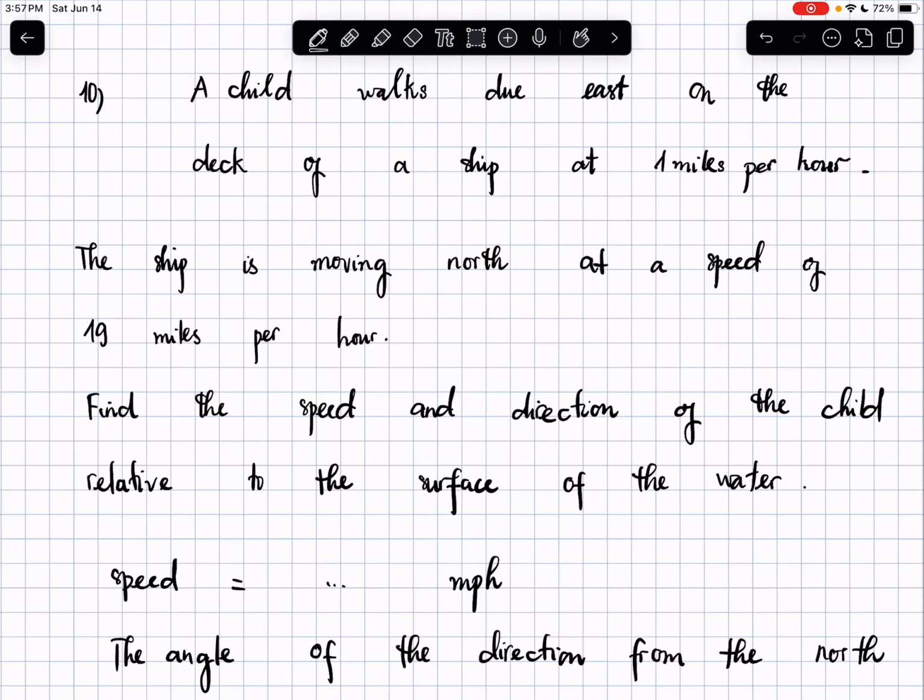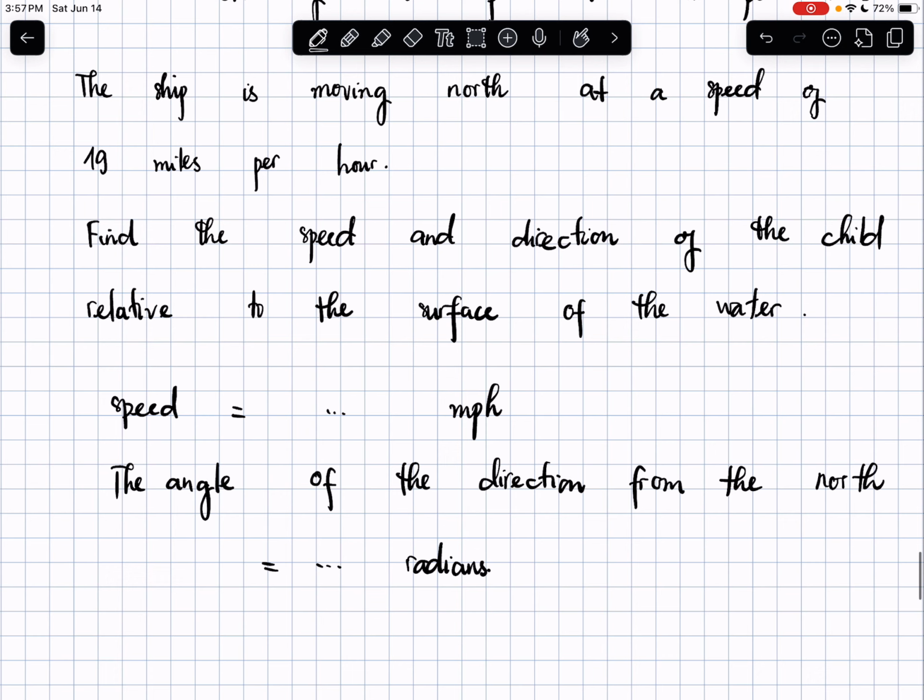A child walks due east on the deck of a ship at 1 mile per hour. The ship is moving north at a speed of 19 miles per hour. Find the speed and direction of the child relative to the surface of the water. The speed is something mile per hour we need to find. The angle of the direction from the north is